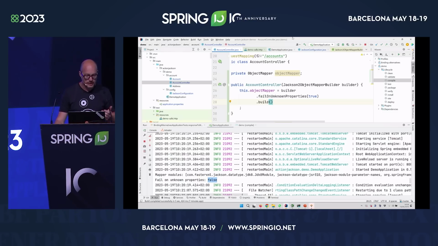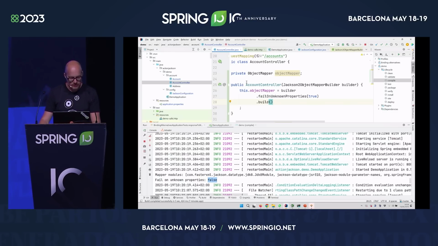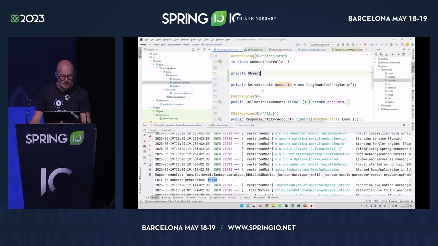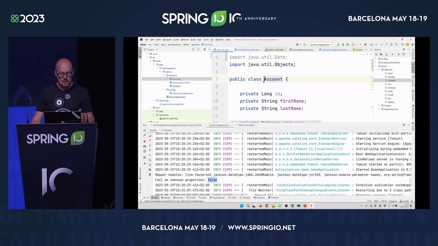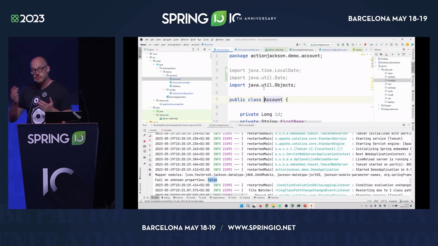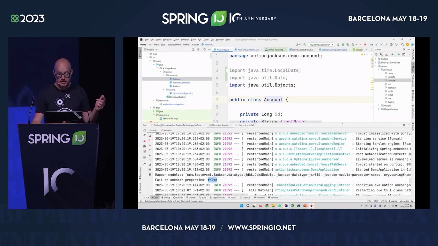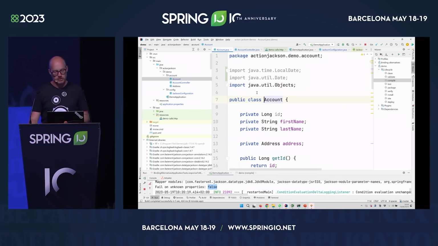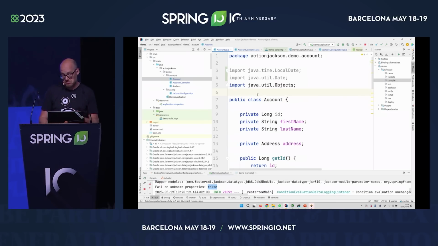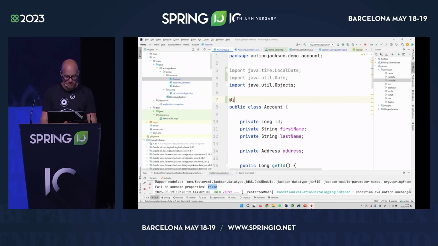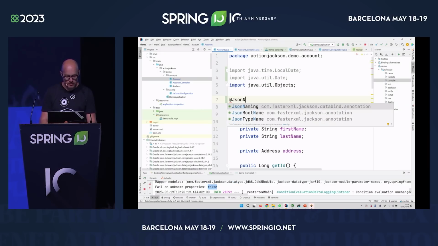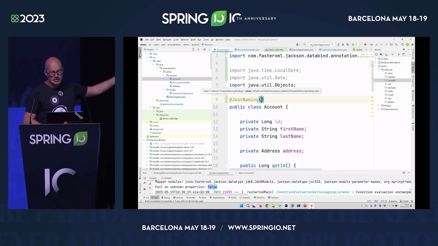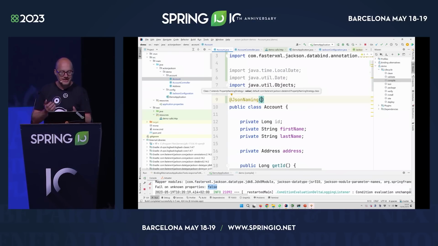So if I go into my account, for example, let me first get rid of this thing again. Just undo what I did here. If we go into the account, right now, when this thing is marshaled and unmarshaled, it just uses JSON names that are exactly the same as my Java names, right? Maybe for this particular account, I don't want that. Maybe I want something like snake casing to be applied. So what we can do then is we can say, okay, we want to have different JSON naming here. And this JSON naming, as you can see here, it's a little small, takes a property